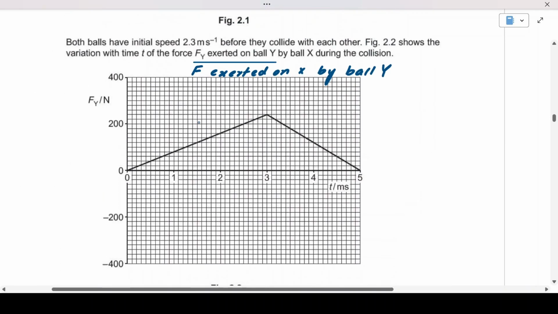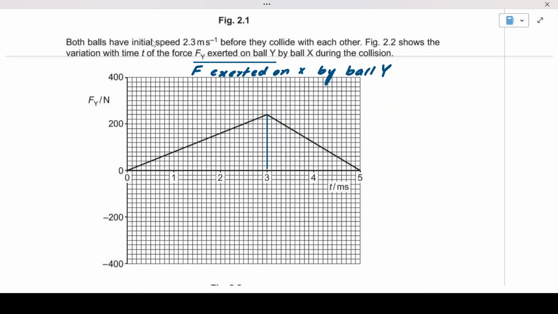We need to figure out the shape, and the shape is that we have two triangles. The first one would be 1 over 2 base into height. Base is 3, but 3 millisecond. 3 millisecond means 0.003 or 3 into 10 to the power minus 3 times